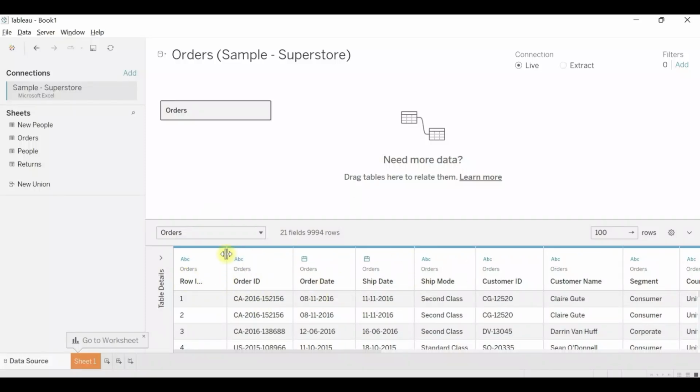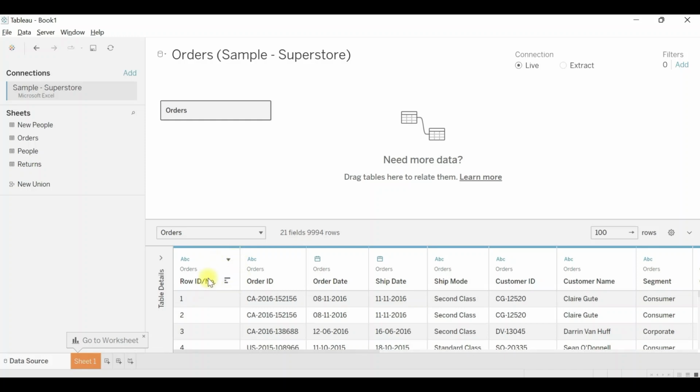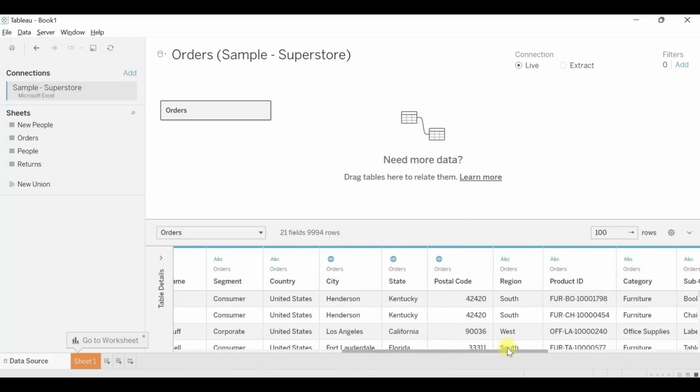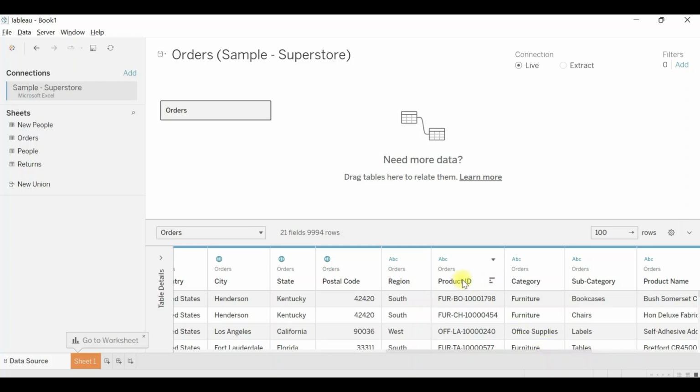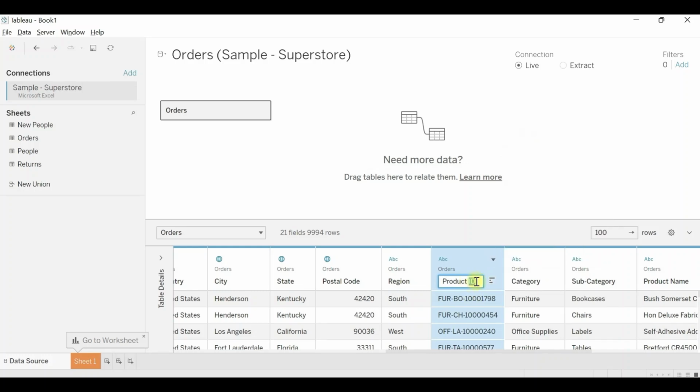And if you are not able to see it, you can hover over this line, scroll a bit and you will be able to see the entire name. This you can do for any of the existing fields. For example, again I need to change this product ID to product number. Either I can right click and rename, or I can double click on it and rename it to product number. So this is how we rename the data fields.